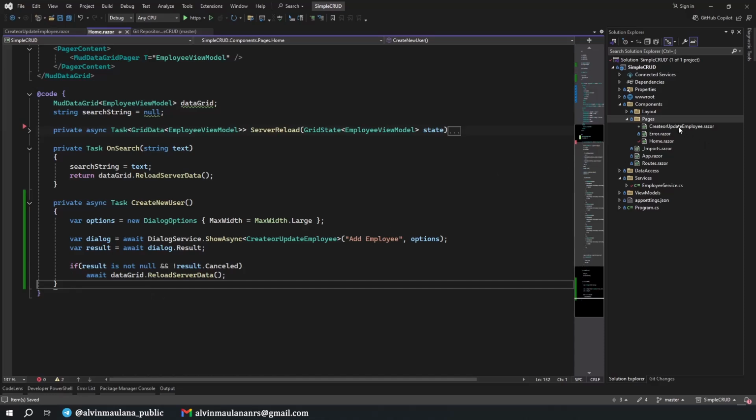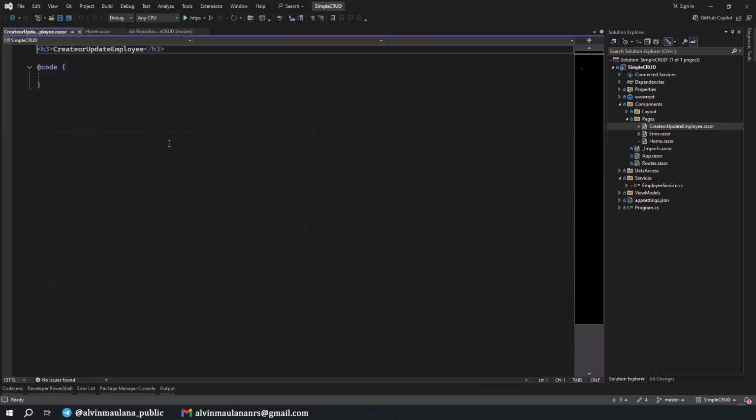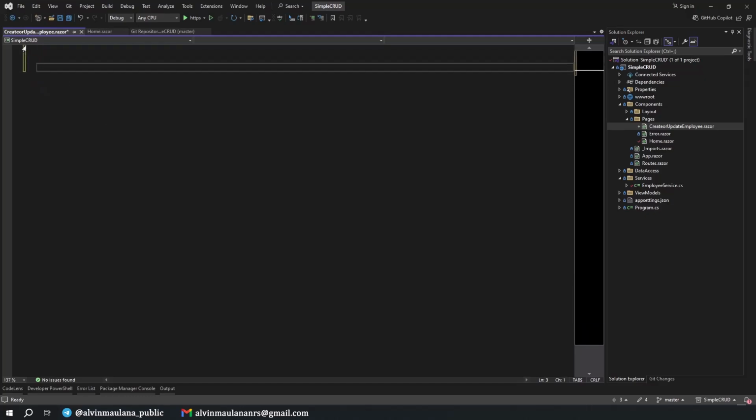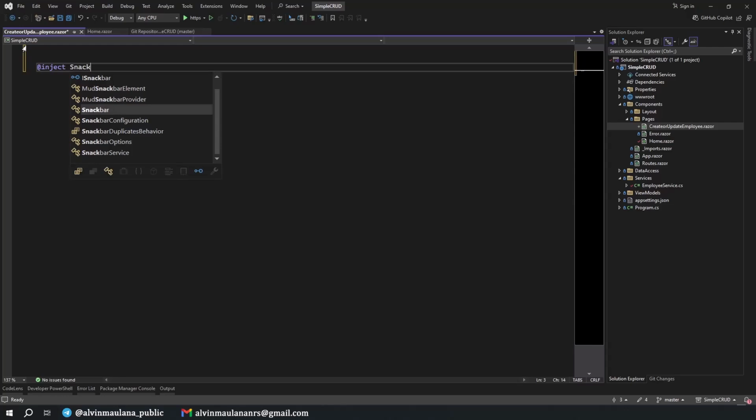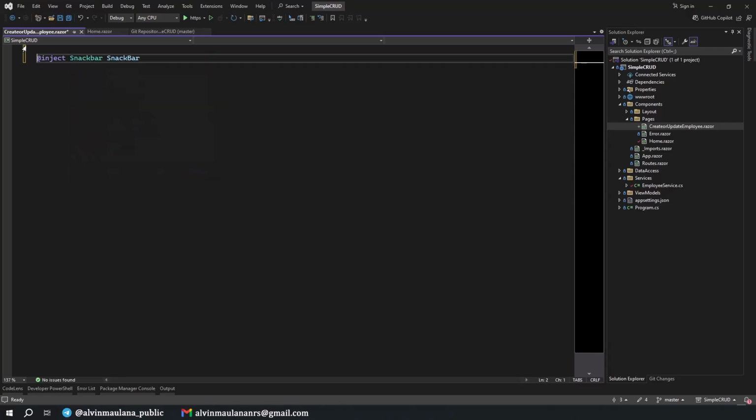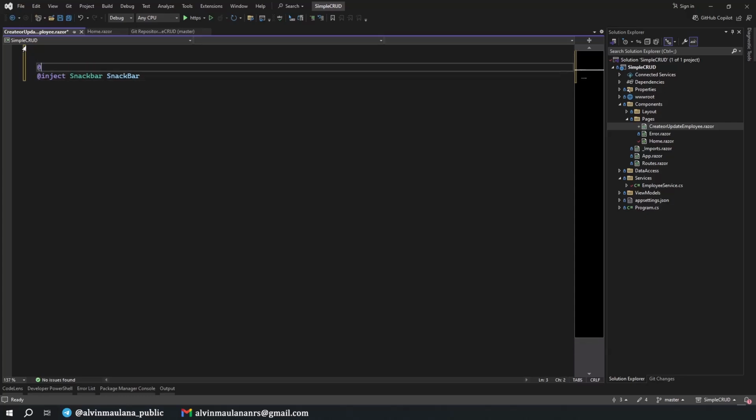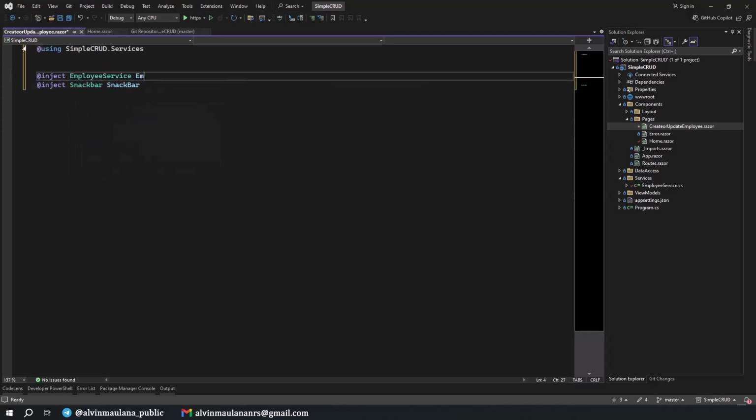Next, we will build our CreateOrUpdateEmployee page in here. First, let's add a dependency in here, inject Snackbar. Okay, Snackbar is like a toast or alert, something like that. Later you will see. And then we also need to inject the EmployeeService.